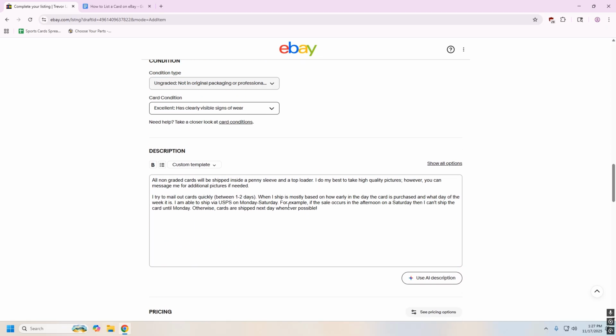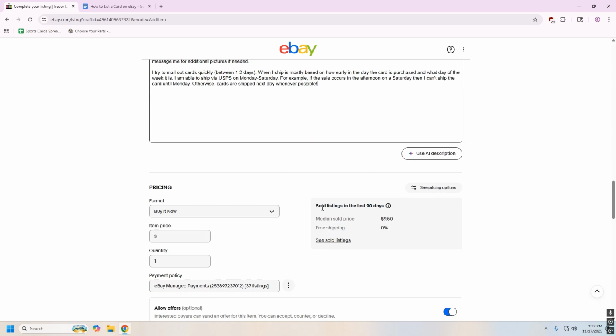And then you have your description. This is one of the things that I just have in my listing template, so I don't have to type this or copy and paste it each time. The only thing I ever really change is if I have multiple of the card, I'll put a little sticky note on the card, saying a 1 or 2 or 3, and then I'll just come say 1 or 2 or 3, whatever it is on here. That way I know that I can give the person the exact card that they saw in the picture and